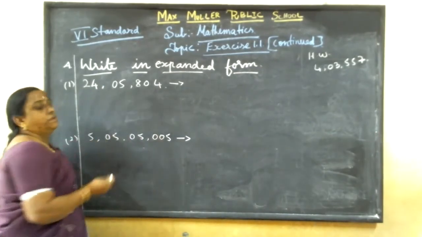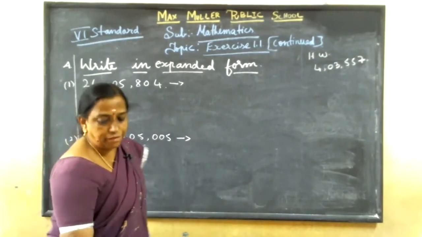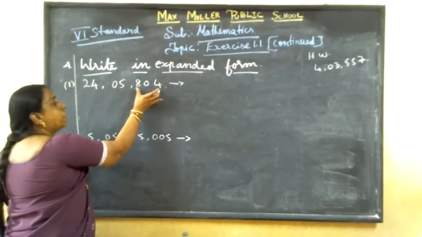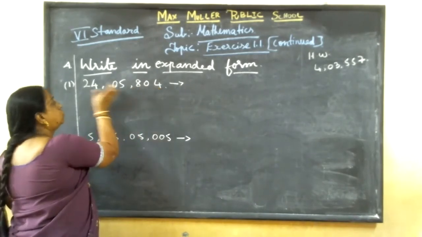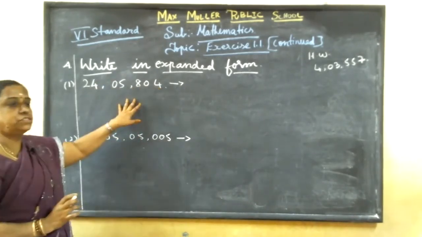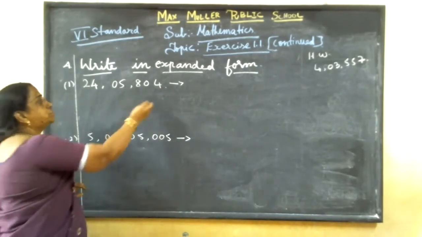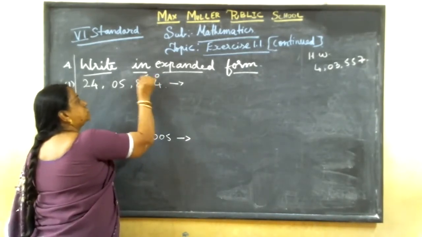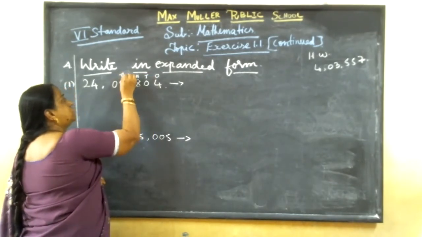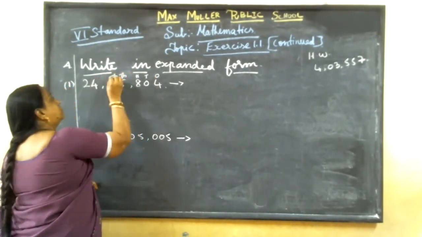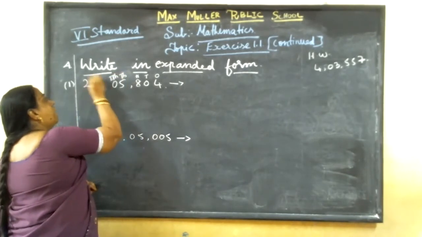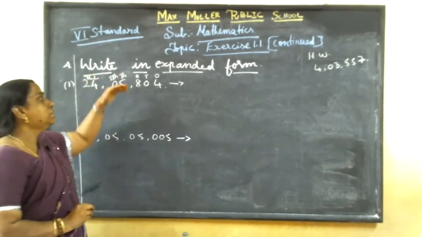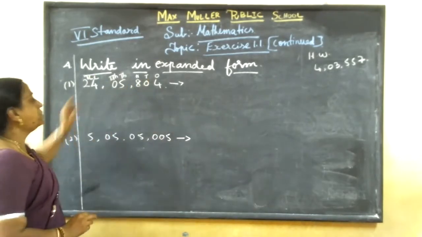First, you see whether it is the Indian system or the international system. See here, after a 3-digit comma, then a 2-digit comma. So which system is it? Indian system. Then you should place, which place is this number in? 4 is in the ones place, tens place, 100, 1000, 10,000, lakh, 10 lakh. Got it? Second step: first you should see which system, then you should write the places. So one by one we'll write.